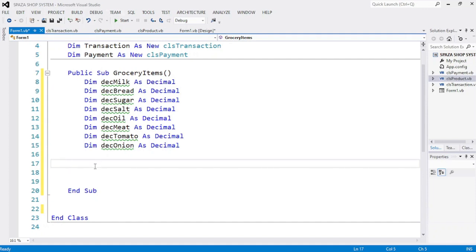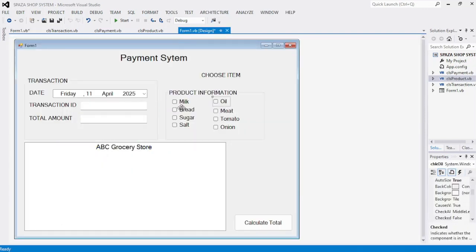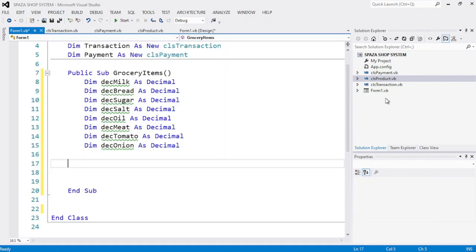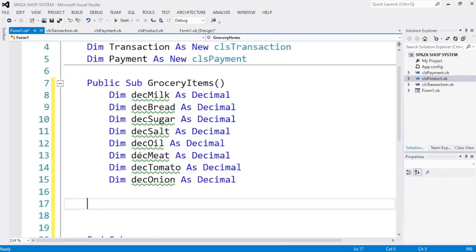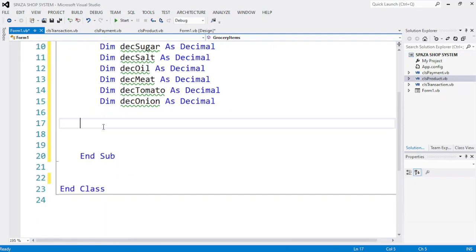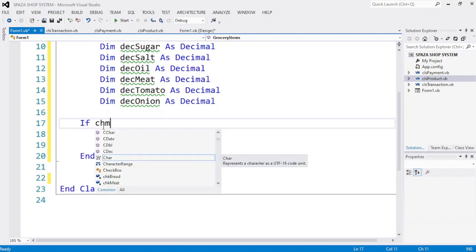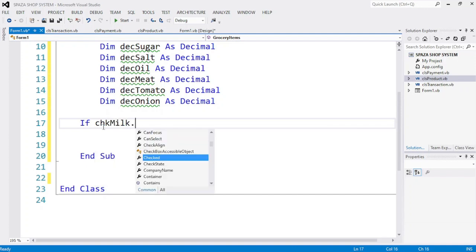We will now use our if statements for our checkboxes. If you remember, we have these checkboxes and we have named them appropriately. This is CHK milk, that is checkbox bread, checkbox sugar, checkbox salt, and so on. So we will now proceed to do our if statements with these checkboxes. If CHK milk dot checked, then